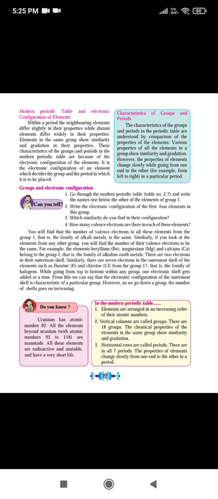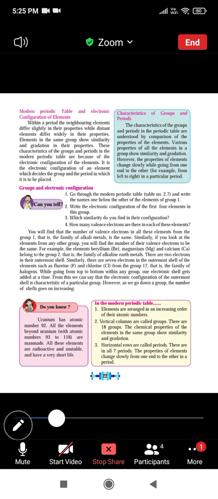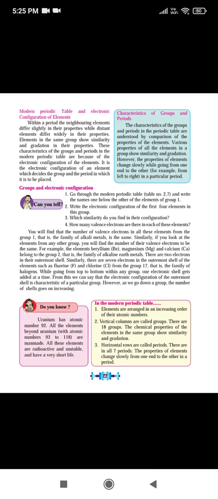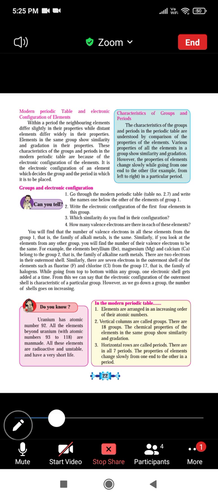Okay, do you know the elements from atomic number 1 to 92 are naturally found, and the elements after uranium are artificial? वो क्या है? आर्टिफिशियल है. ह्यूमन बींग ने इसको क्या किया है? बनाया है. वो मैन मेड है. तो यूरेनियम has the atomic number 92 and all the elements beyond uranium with atomic numbers 93 to 118 are man-made. ये सब man-made है.